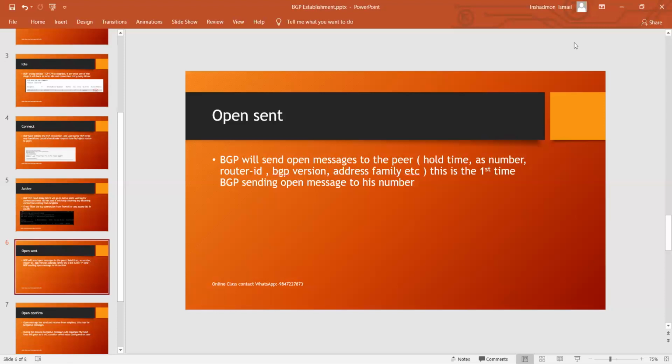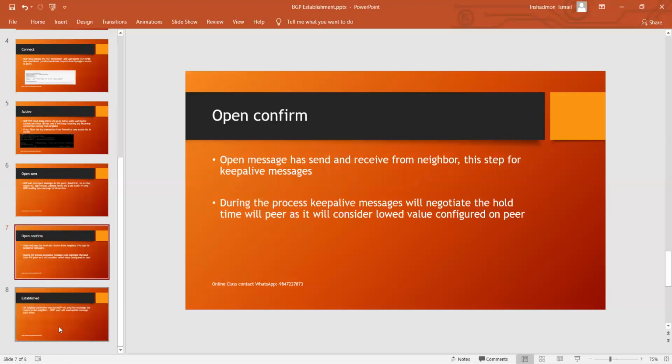Then it will wait for the confirmation from the peer. Once they confirm, the next step is OpenConfirm. Once they confirm the peer parameters match, it will send the keepalive message. The keepalive message means it will adjust the hold time. Normally the hold time is 180 seconds and keepalive is 60 seconds.